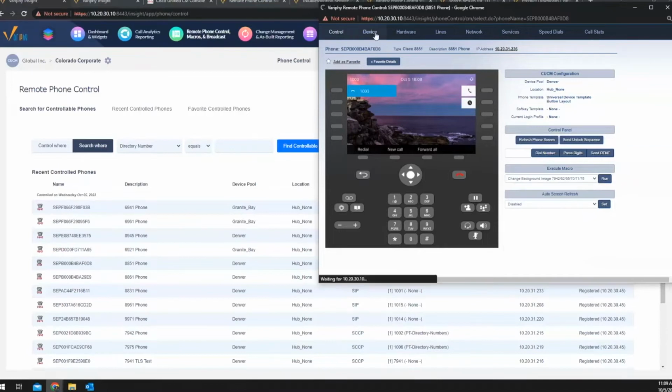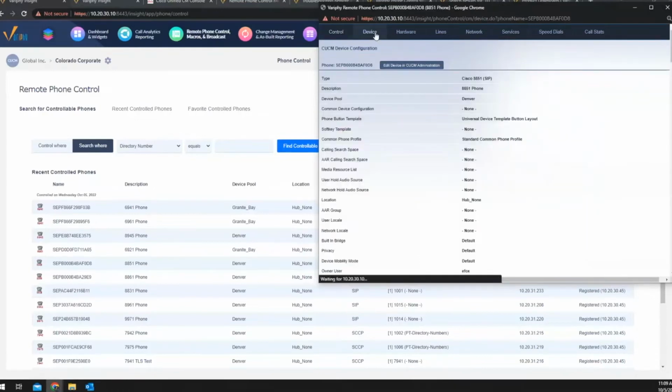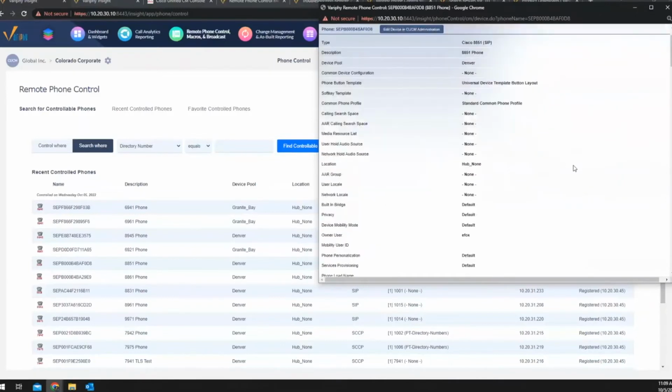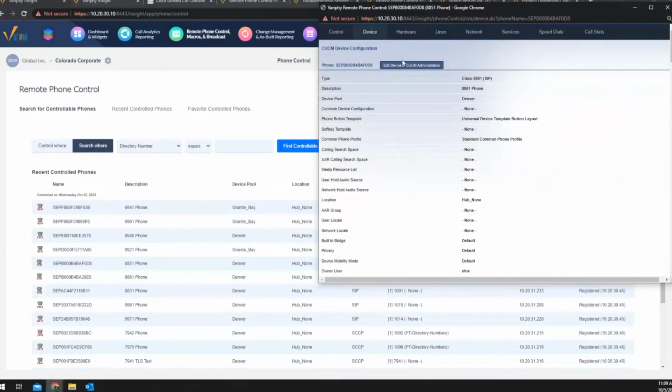Now you can get some device info from here. This is basically going to pull the device info from the phone's property page in Call Manager. It'll show you all the information that you would get from that page. It gives you a hot link to edit the device in CUCM. That's just a link directly into the phone's property page.